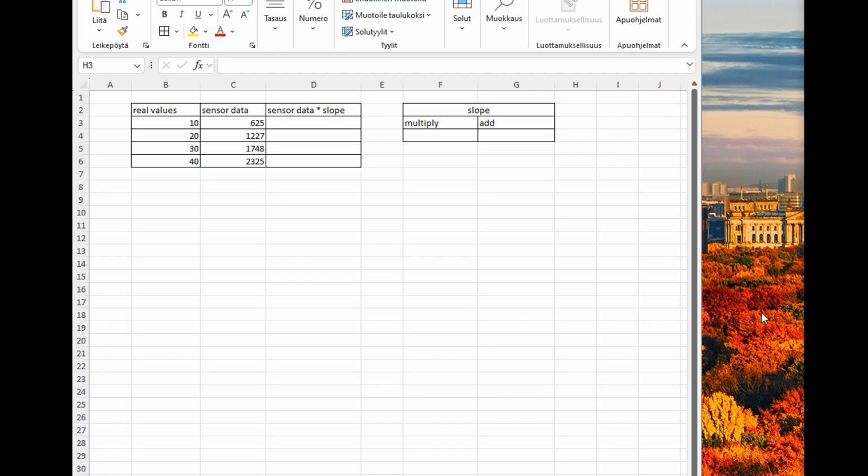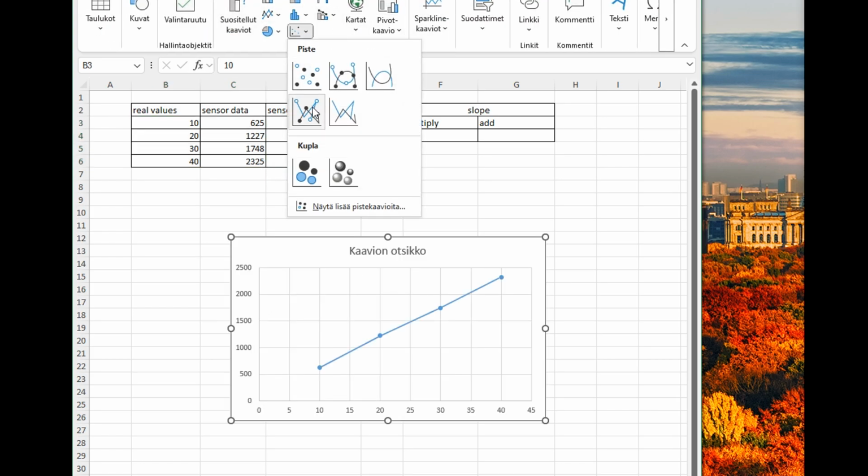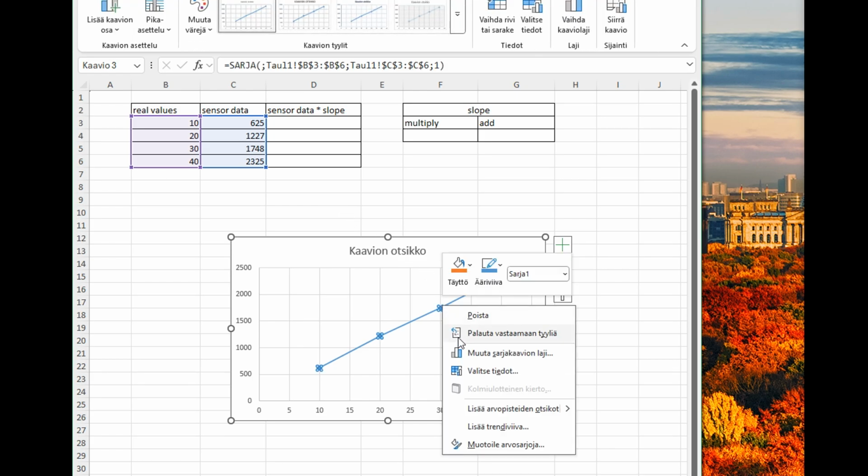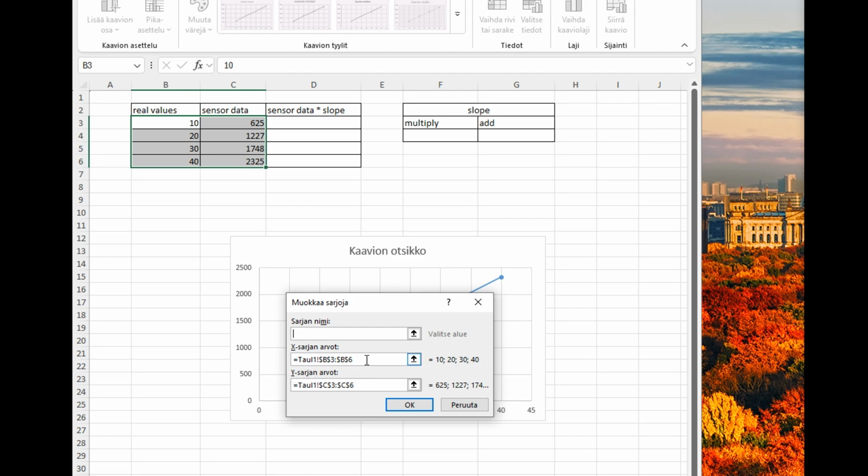The slope of the line diagram is the mathematical function that will transform measured data into distance. We need to select the data. The x values will be the sensor data. The y values will be the real values.